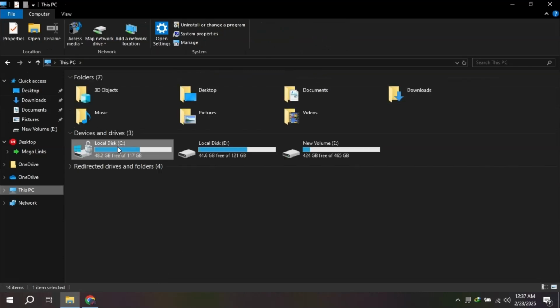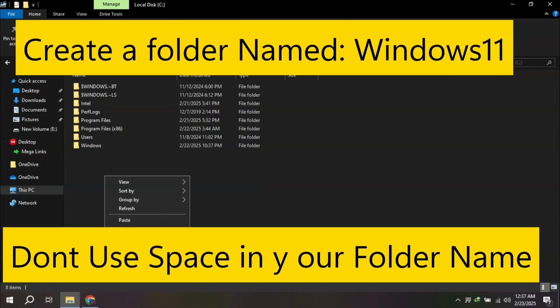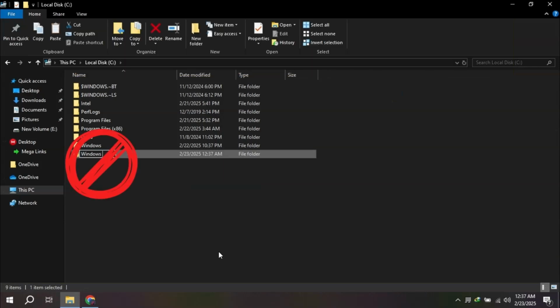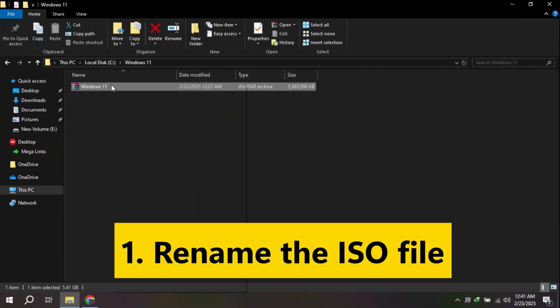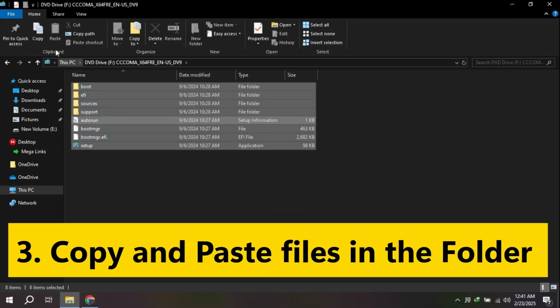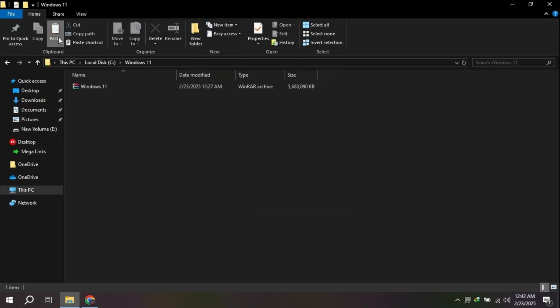Next, create a new folder in the C drive, where Windows 10 is already installed. Ensure the folder name contains no spaces. Initially, I made this mistake, but I have already corrected it. Locate the downloaded ISO file, open it using Windows Explorer, and copy all its contents into the newly created folder in the C drive. Once the files are copied,